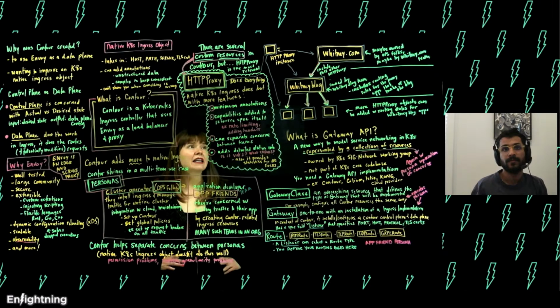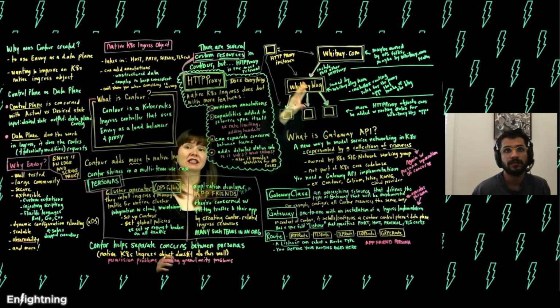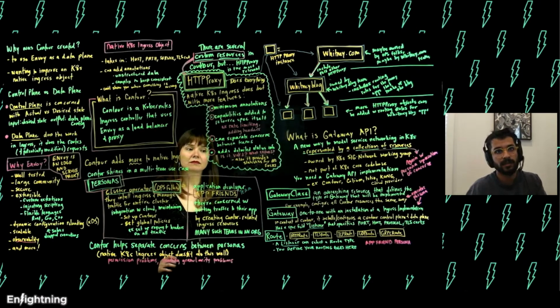I need a little help grasping, or maybe it's just a question. Once the Gateway API is fully integrated with Contour, are you using your HTTP proxy custom resource in addition to these Gateway API resources, or do the Gateway API resources replace the Contour resources? Yeah, ultimately they can. Not everything in HTTP proxy is in Gateway API at the moment yet, but in the future it possibly will be.